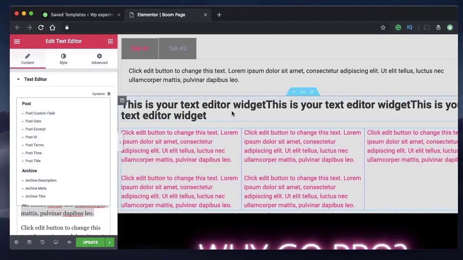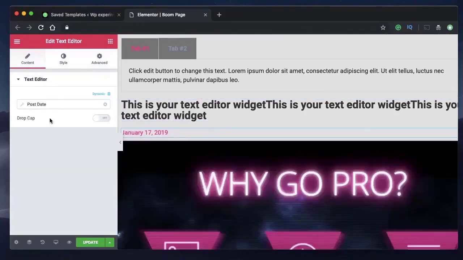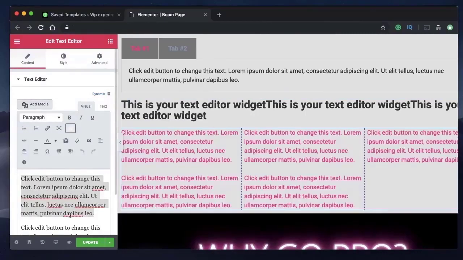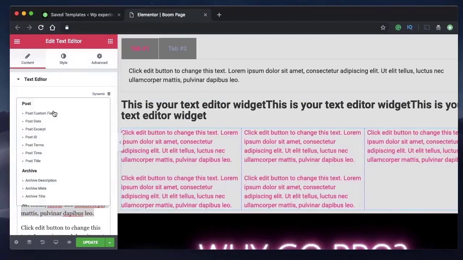So you can maybe link this text to a post date. When you link that, whatever data your website has for this post will be displayed here. As you can see, I linked it to post date, and it just shows the date. So it retrieves the data from the WordPress database and not from what you type here. So if you want static content, you can type it, or if you want dynamic content, you can link it